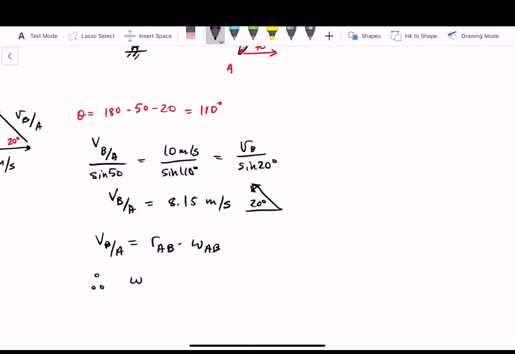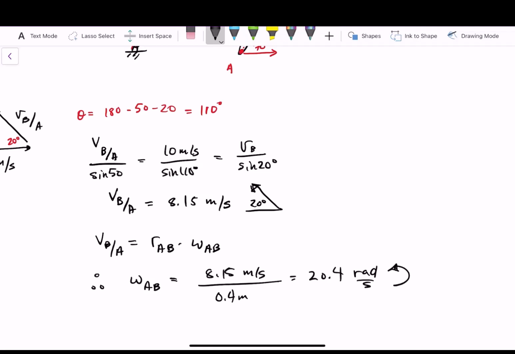Therefore, if I rearrange for omega AB, I would have 8.15 meters per second over its length, and that you can get from the figure is equal to 0.4. So that total angular velocity is 20.4 rads per second